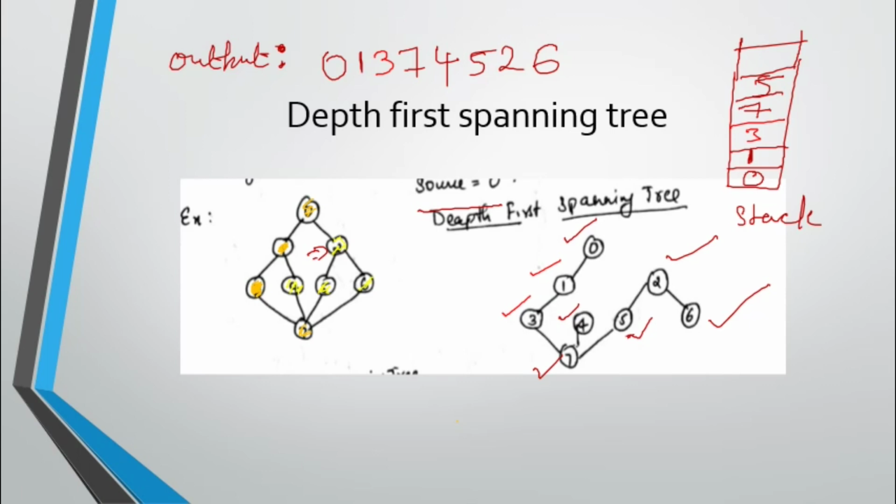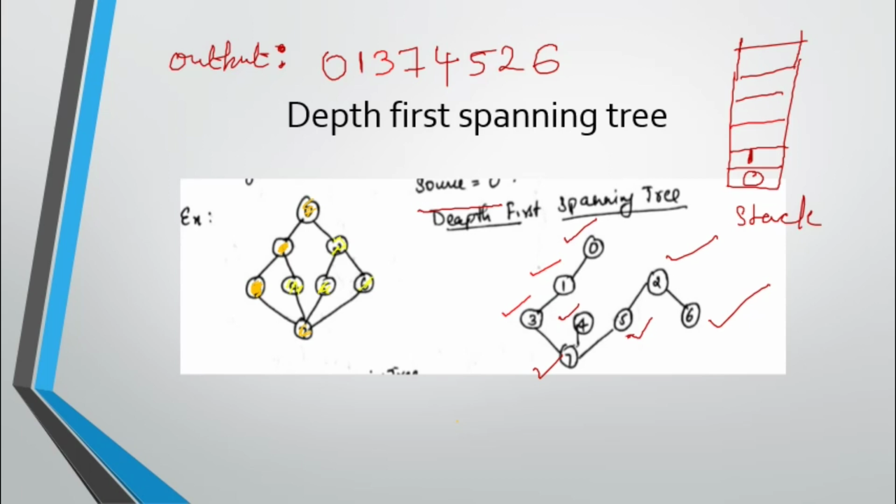Then it will go to 5. 5 all are visited. It again pops. Then 5, 7. 7 all are visited. Pop. Then it goes to 3. From 3 all are visited. Go back. Again 1. So going back means that the currently working node will continuously change, students. Okay, so this is the same operation, coming back also. That time I will show.